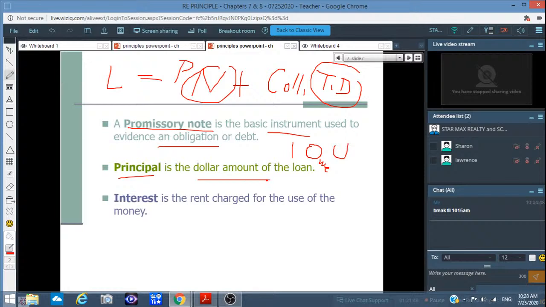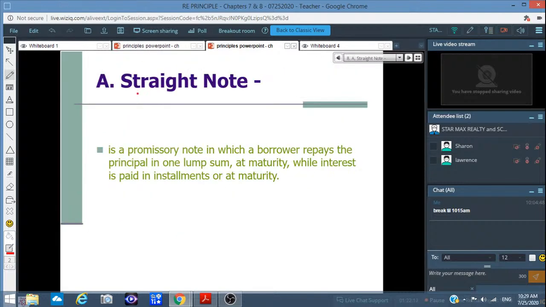Principal is the dollar amount of the loan. 本就是这个借款的额度。Interest is the rent charged for using the money. That's what the bank makes, okay? On your interest. 利息这是银行租这些钱给你用，OK？他们赚的是这个利息。